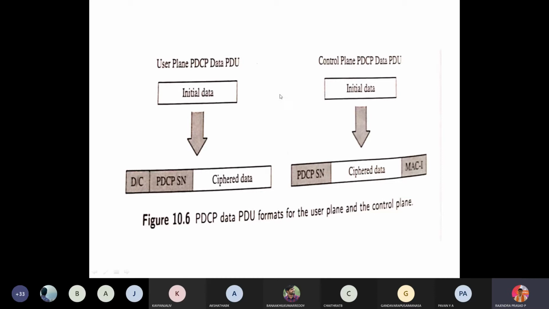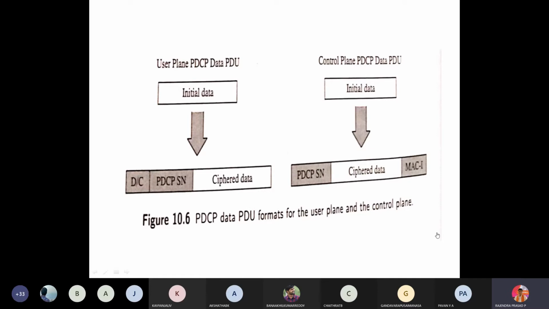Now the same thing, the PDU format for the control plane. You are having some data, you are going to cipher the data, and you are going to give the MAC-I, and you are going to have the sequence number. From this information, you will come to know what the ciphertext information is, and you should have this control sequence number. And for this one, the MAC layer.